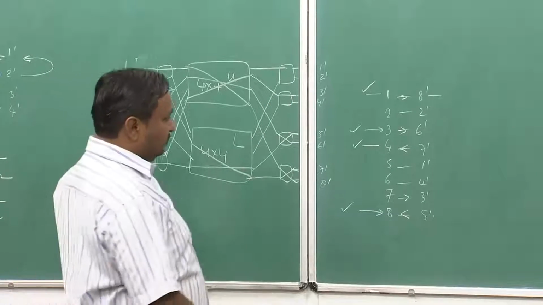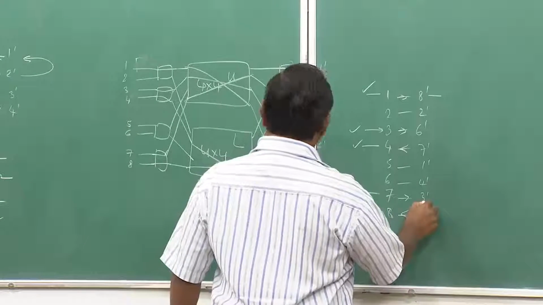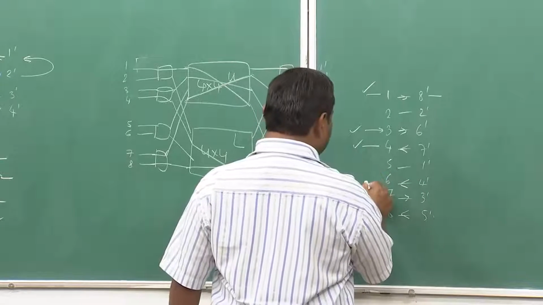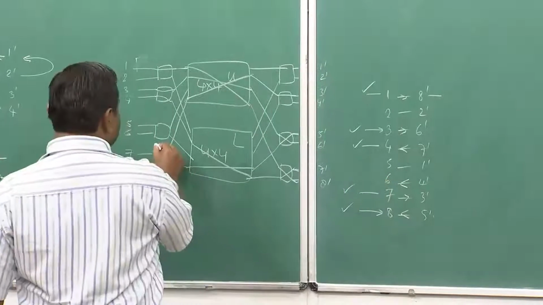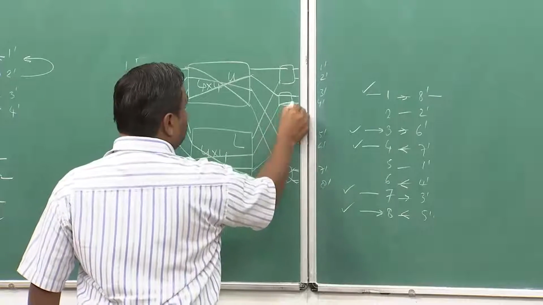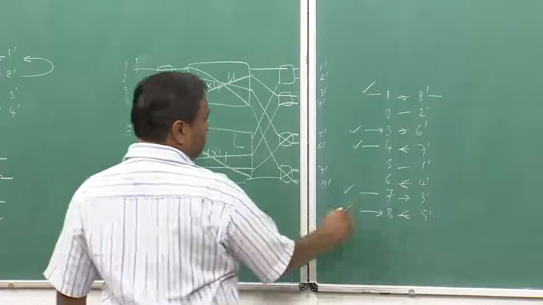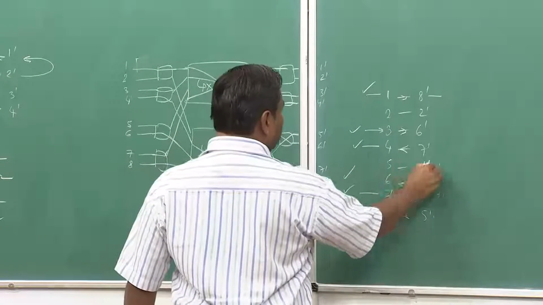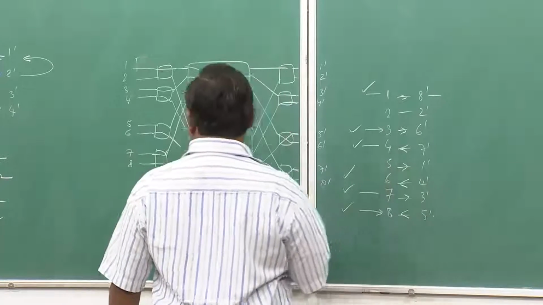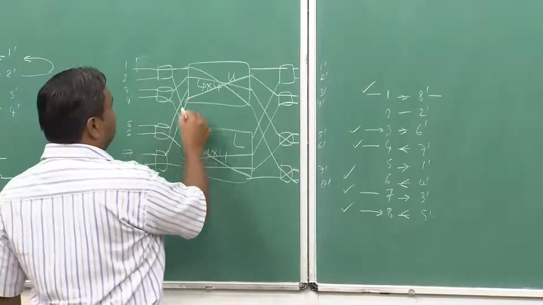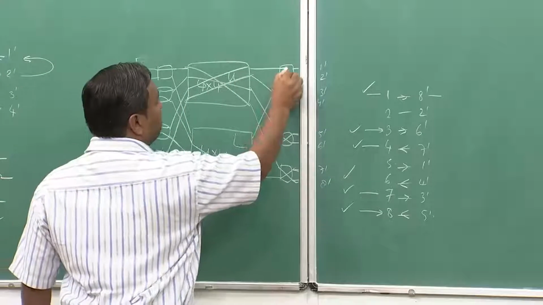So, connection is through. Corresponding to 3 there is a 4, so 6 to 4 has to happen in the backward direction from the bottom one. So, 6 to 4 I will do it through the bottom one. So, this is done. Corresponding to 6 there is a 5. So, 5 to 1 prime has to happen through the upper one, in the forward direction. So, 5 through upper it goes to 1.